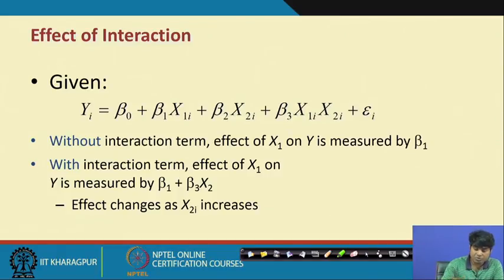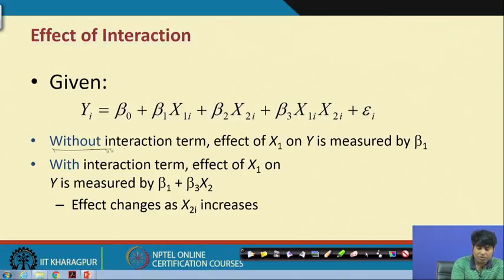Without the interaction term, the effect of x 1 on y is measured by either beta 1 or beta 2, but with the interactive effect, y can be measured through the involvement of beta 3.